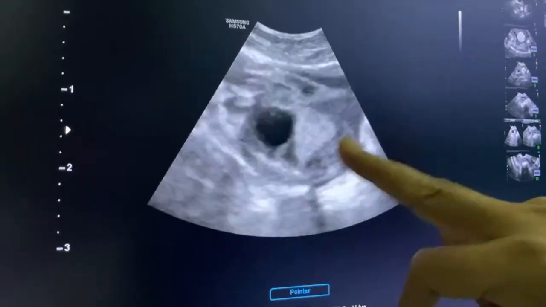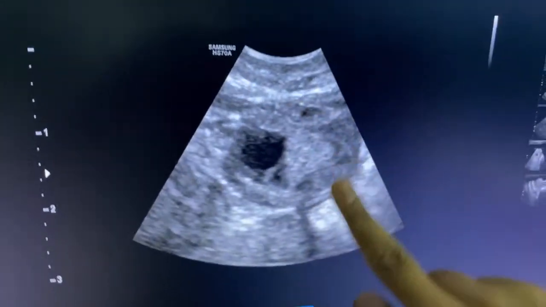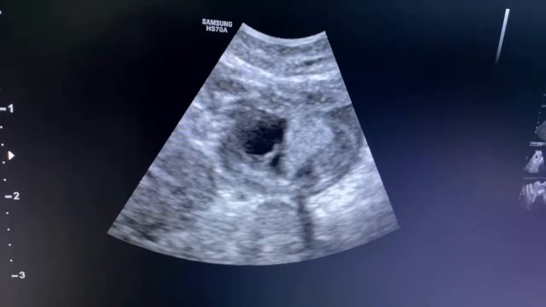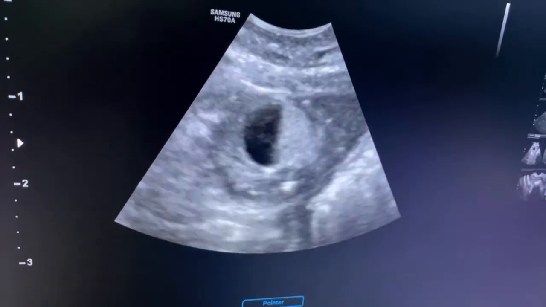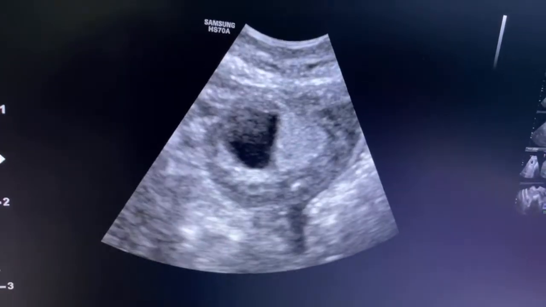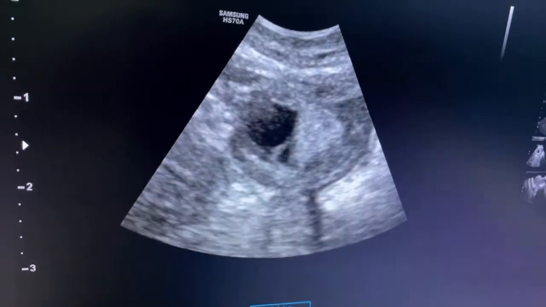What is more important is the echogenicity. What I keep on stressing from the beginning is just try to see this echogenicity. Whether you see a sac, fetal pole, or cardiac activity or not, they are not necessary for making the diagnosis of ectopic.